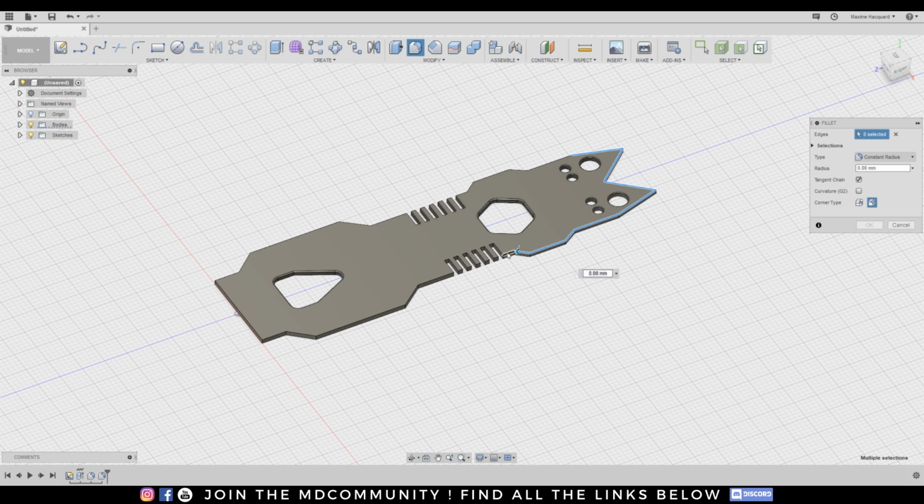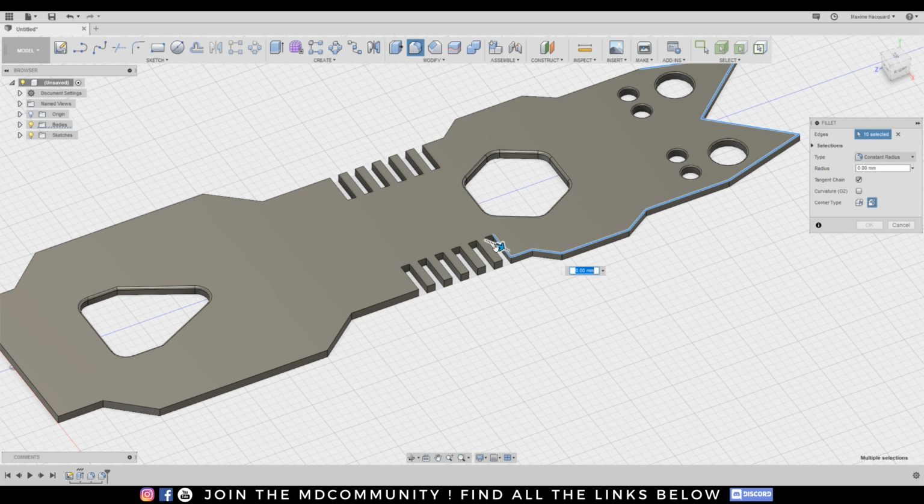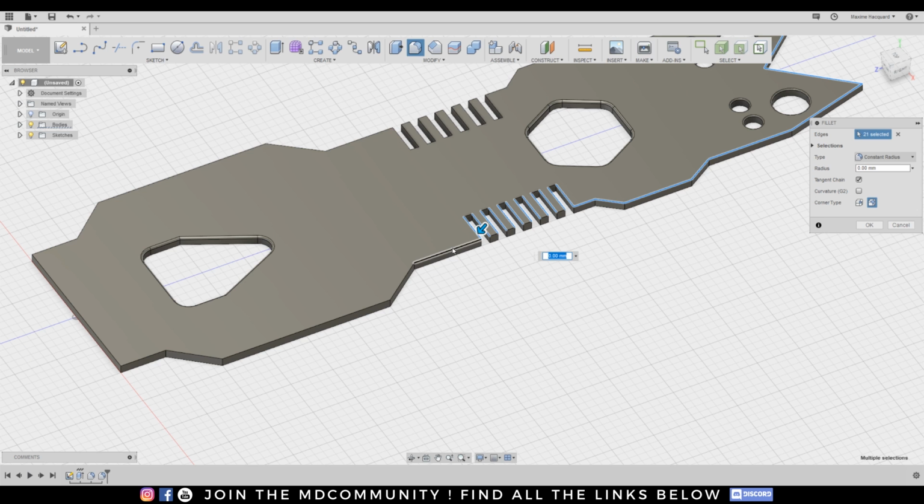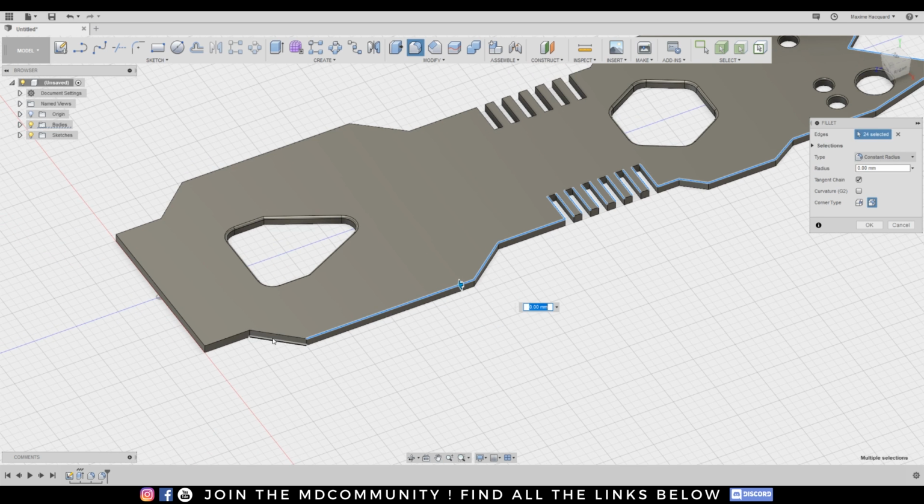As you see, I have a lot of faces to select, so sometimes you really need to focus on just one part and duplicate or mirror. And with the mirror tool, you can not only duplicate sketches, you can duplicate bodies, components, and features.